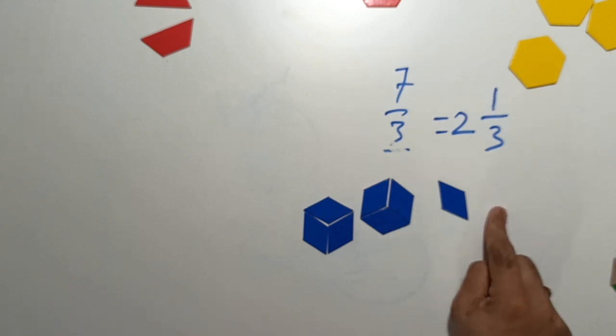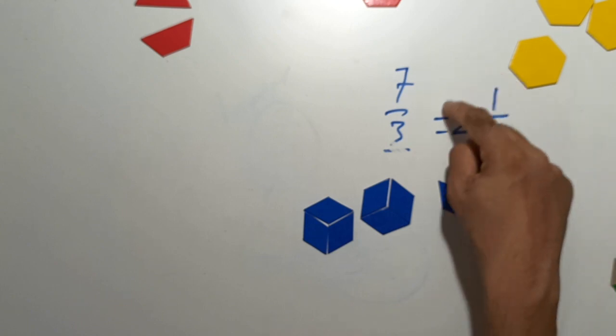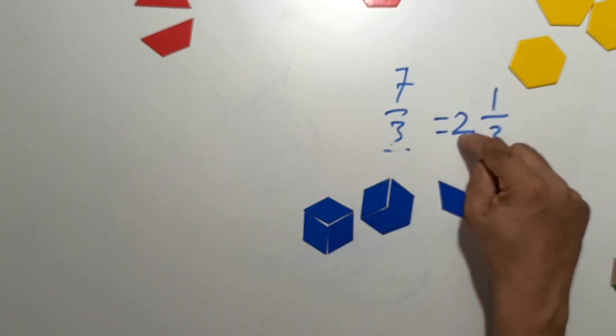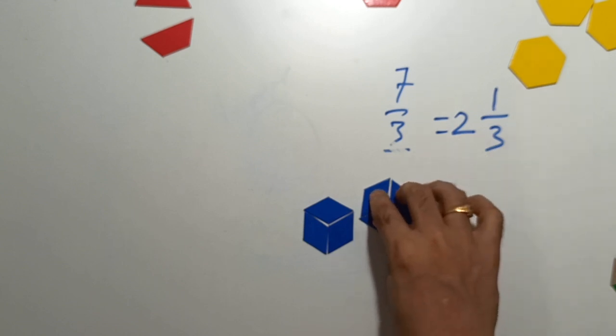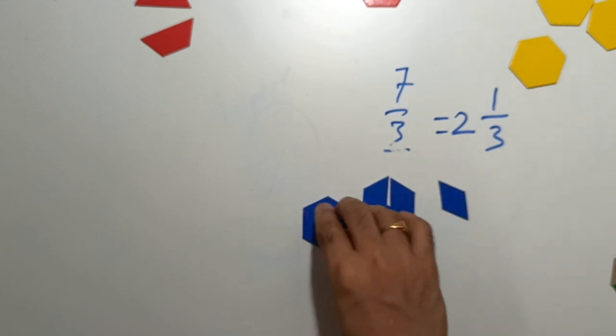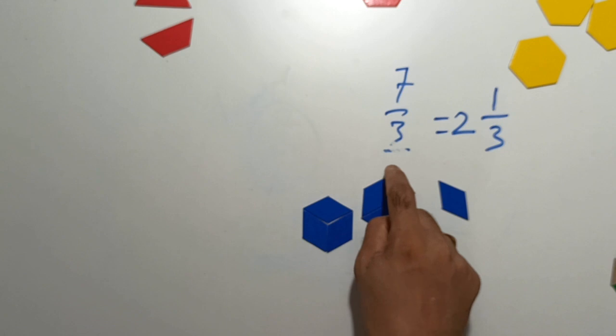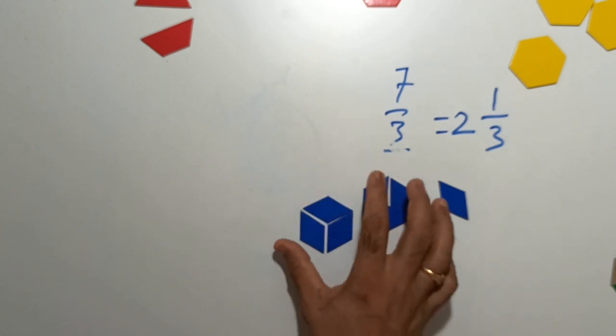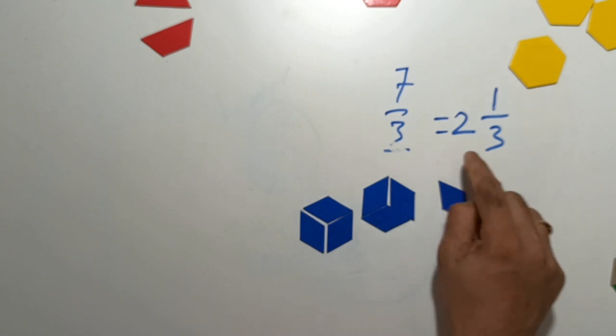Okay, you can also observe one more thing. If I want to go from mixed fraction to improper fraction, all I have to do is 3 times 2. Why is that? Because I've got 3 pieces in each whole, and I've got 2 such wholes. So in total, how many pieces do I have in 2 wholes? I've got 3 here, 3 here, it's 6.